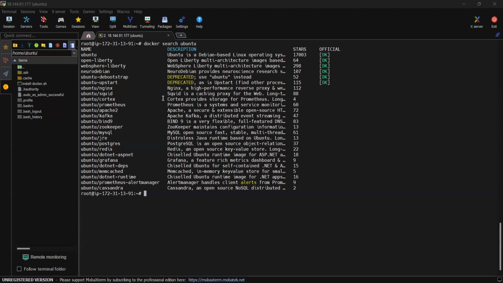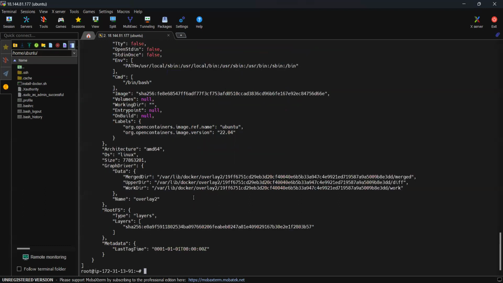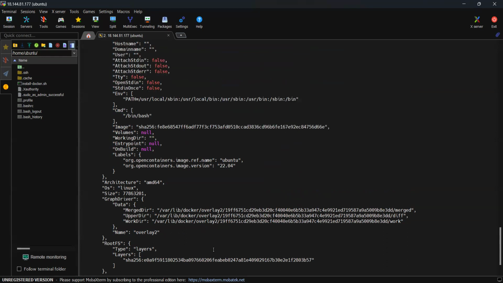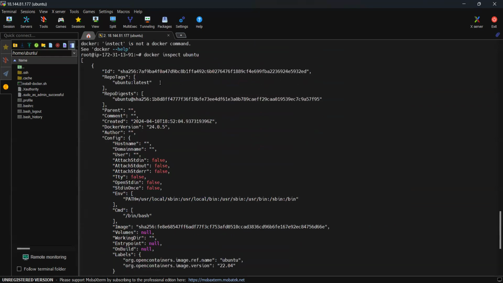Next, docker image inspect. If you want to know information about the image, docker inspect image name, Ubuntu. Inspect, spelling mistake. So this is all about image information. See, this is the latest